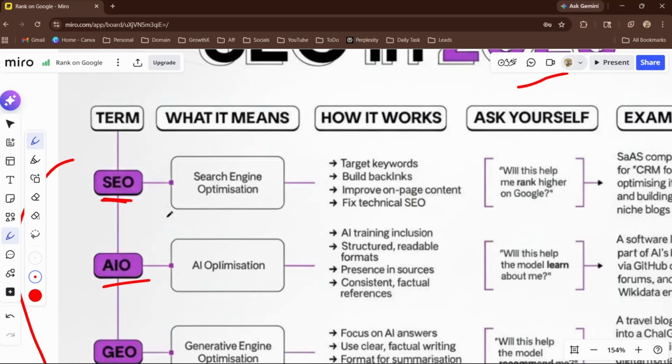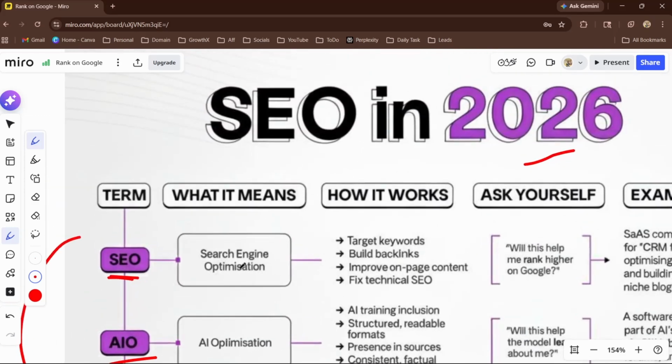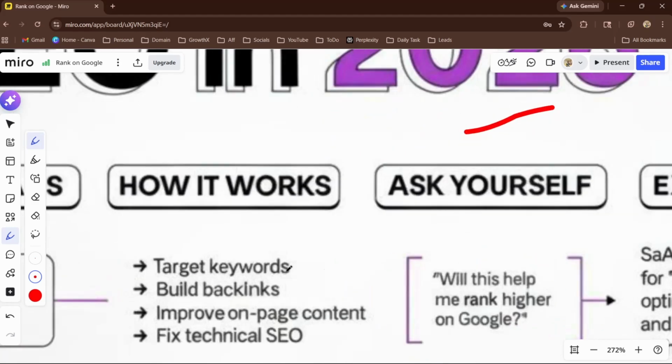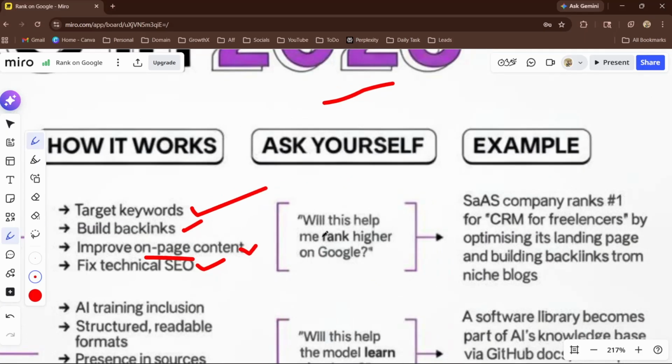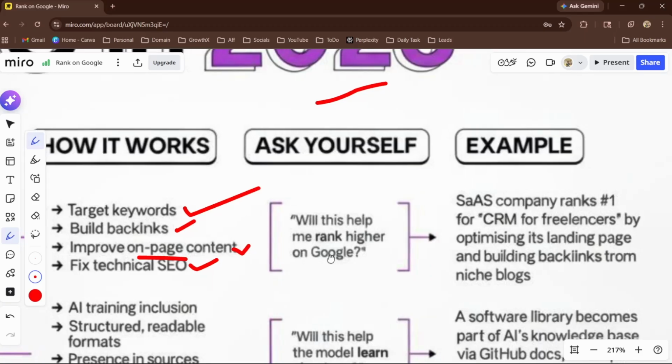Now, the SEO term, as you know, is traditional search engine optimization. How it works is we simply target keywords, build backlinks, improve on-page content, and then fix technical SEO. And then you ask yourself, will this help me rank higher on Google?